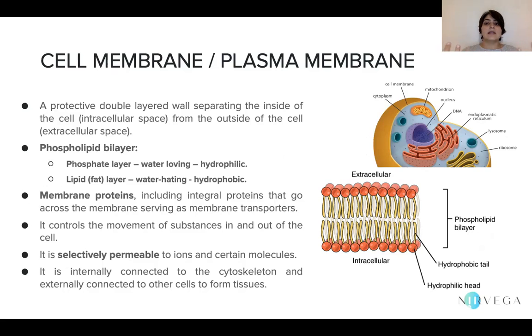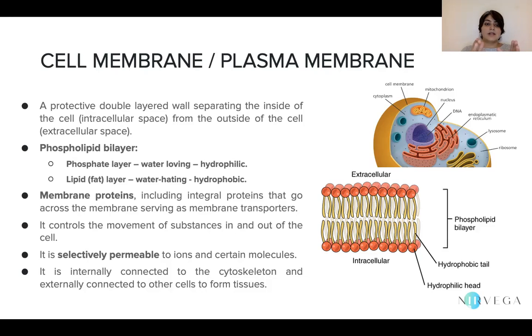So all these cell organelles are suspended in the cytoplasm within the cell, and covering and protecting all of these cell organelles is the cell membrane or the plasma membrane. Now, the cell membrane or plasma membrane was earlier also known as plasma lemma. It is a protective double layered wall, and it separates the inside of the cell, which is also known as